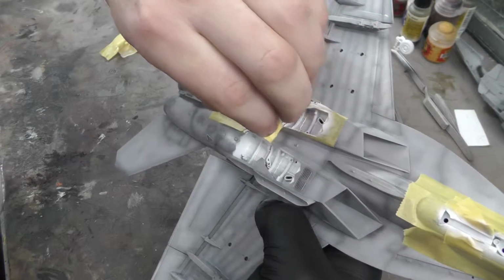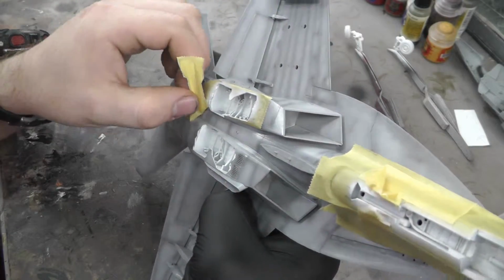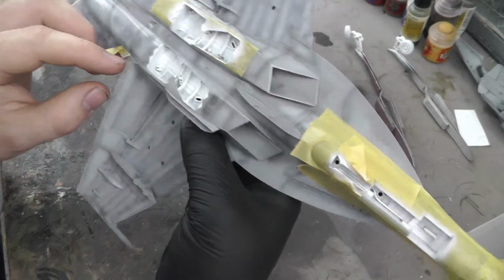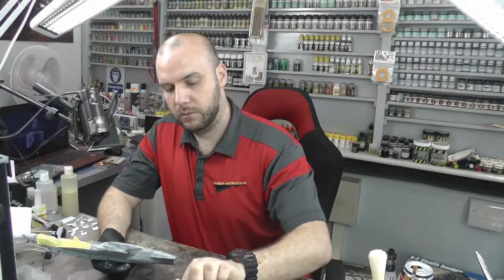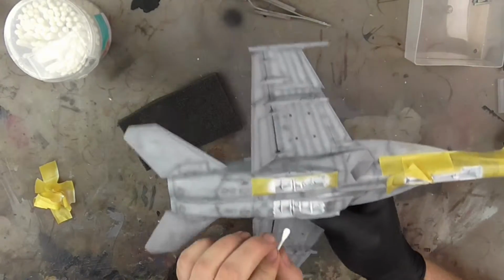I just want to get the rest off around this one at least. There we go, nice and slow. So looking at that, looking all rather good. I'm just going to get out a cotton wool bud. Alright, I'm just going to make it a little bit moist, because what's potentially going to happen here is we've